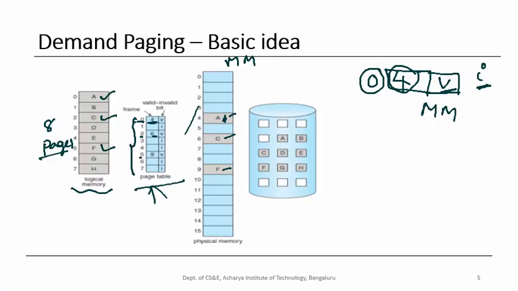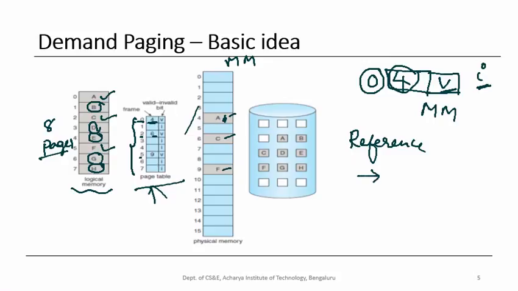But there are some more pages which are associated with this process, like B, D, E, G and H, which are not present in the main memory. Therefore, the valid invalid bit associated with these pages are made as invalid. So here what you have to understand is that when a reference is made to